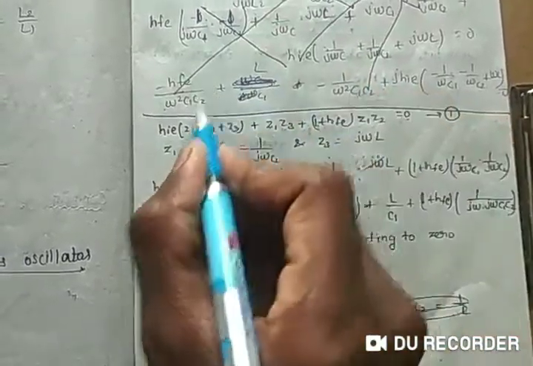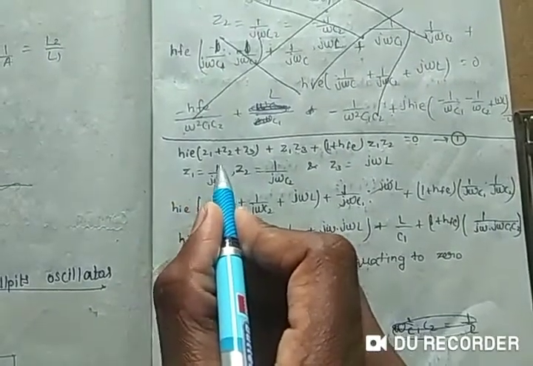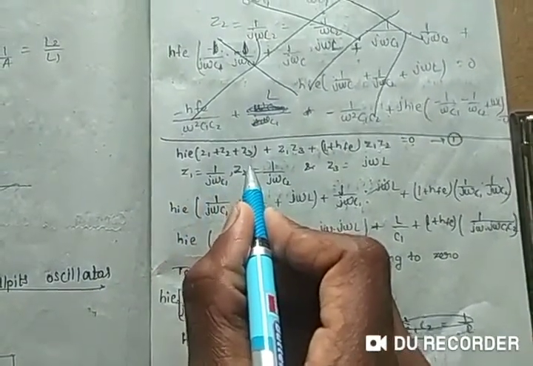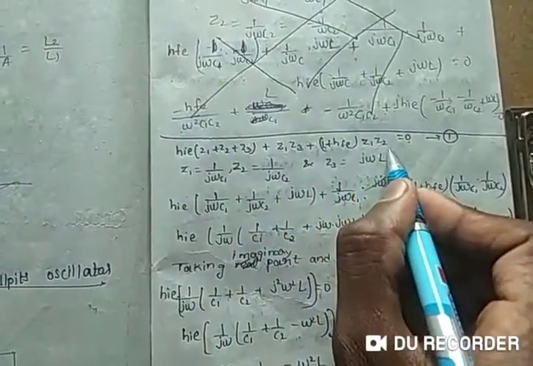Hello guys, in this lecture we are going to discuss the frequency and current gain of the Colpitts oscillator. This shows the basic circuit diagram of the Colpitts oscillator, and we know the generalized equation of an LC oscillator is hie into Z1 plus Z2 plus Z3 plus Z1 Z3 plus 1 plus hfe into Z1 Z2, that is equal to